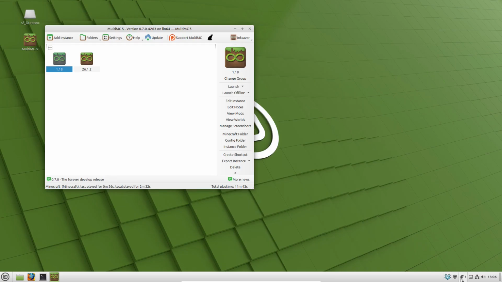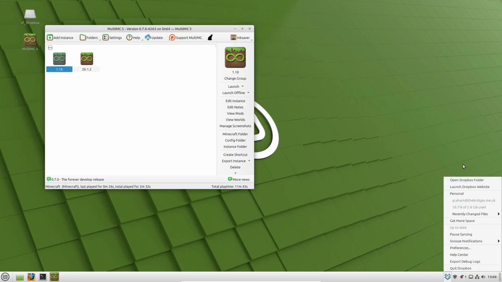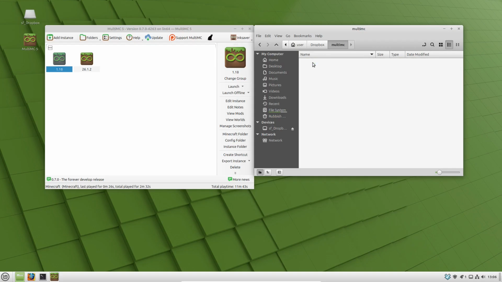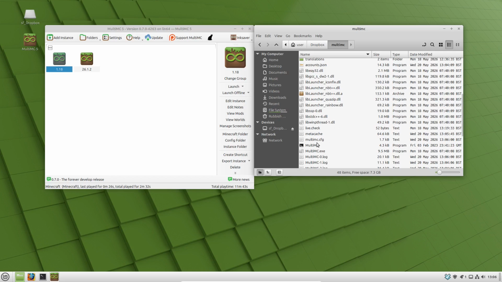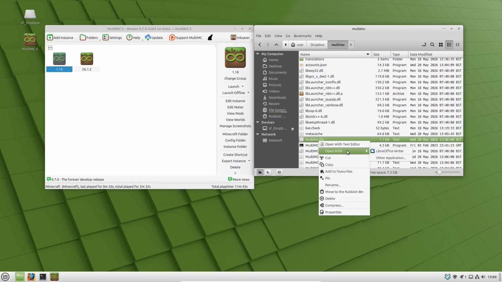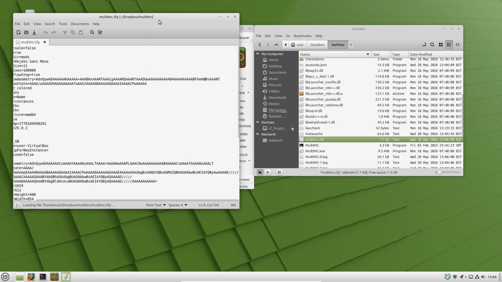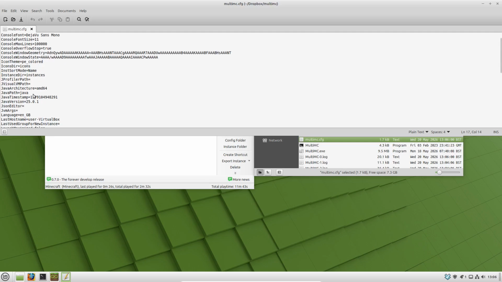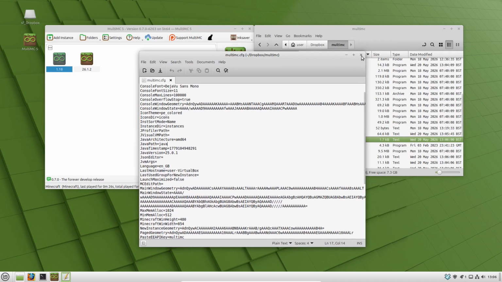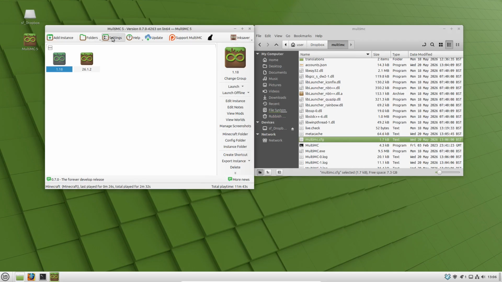If I can go back to Dropbox here, open Dropbox folder, MultiMC, it's actually stored in multimc.cfg. If I open it with a text editor, you'll see that the Java path is just a straightforward Java, which is using the default system-wide Java. So it might be wise to change that as well, which we can do if we go to the settings,